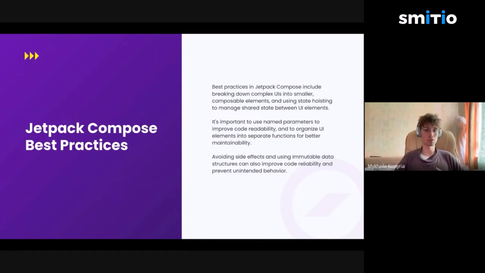You want to keep them at the lowest minimum level you can. So instead of having, for example, one container composable and then two little composable children that are doing their own stuff, you actually want this tree to be much, much larger, so that you can